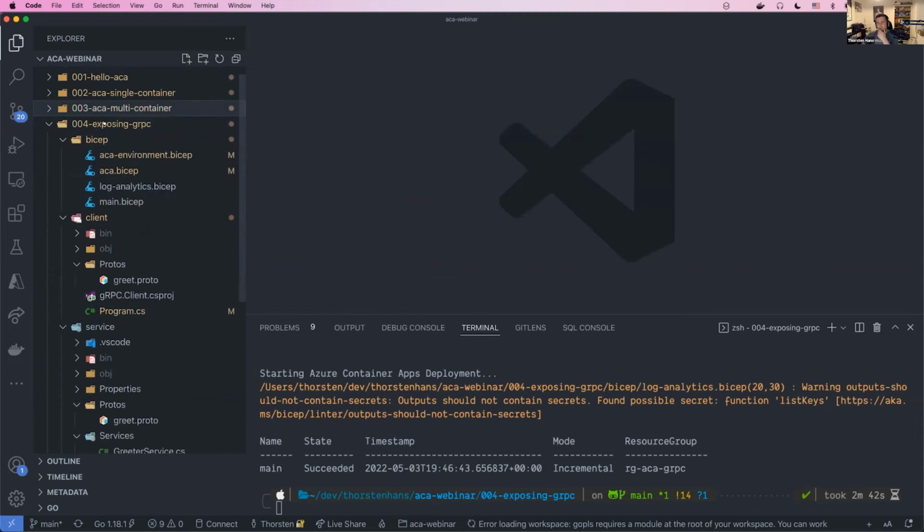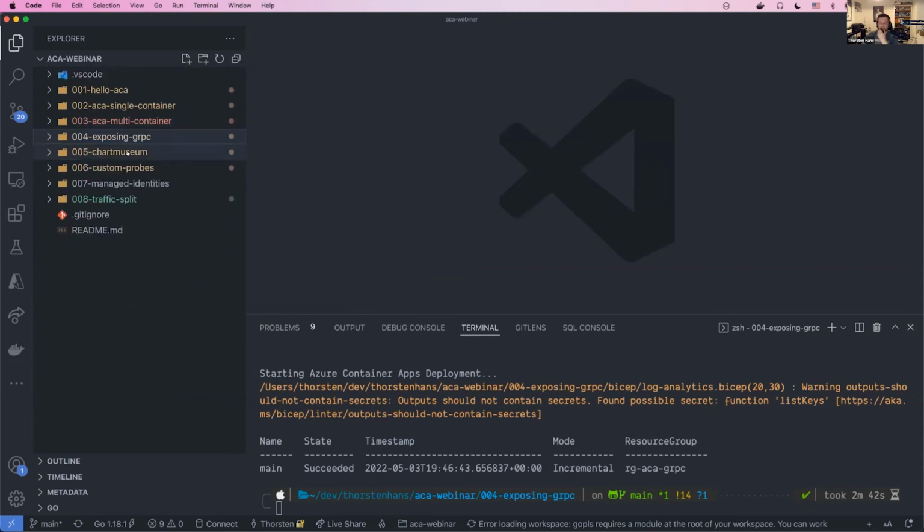Another one, obviously you can take any kind of HTTP-based application and run it. So Chart Museum, if you're working with Helm charts or stuff like that, that's just a simple demo on how to link together an Azure storage account behind the scenes using the primary access key, so that Chart Museum can use an Azure storage account as a state backend, let's say it that way. So that's pretty much the same as spinning up a single container app environment. We saw that a couple of times. But I think